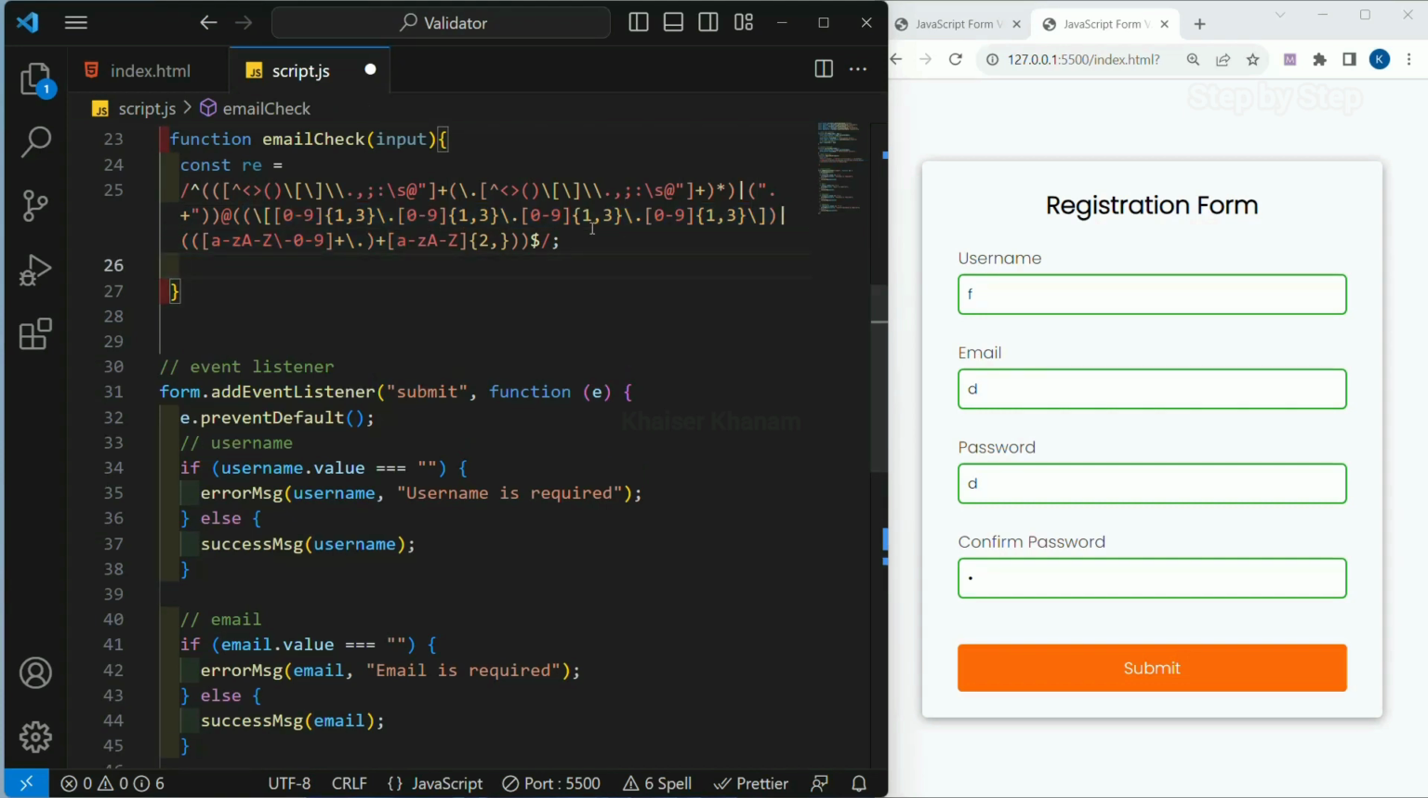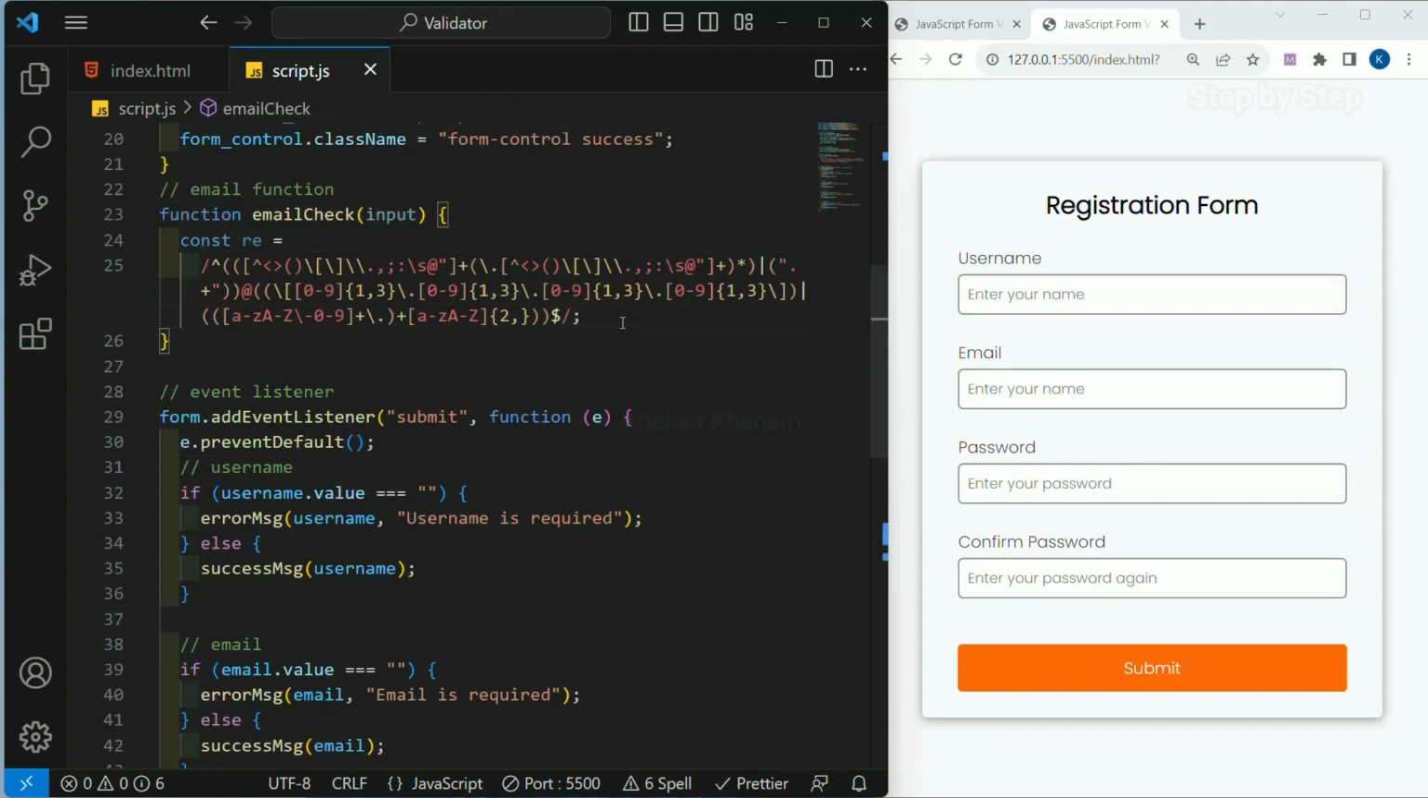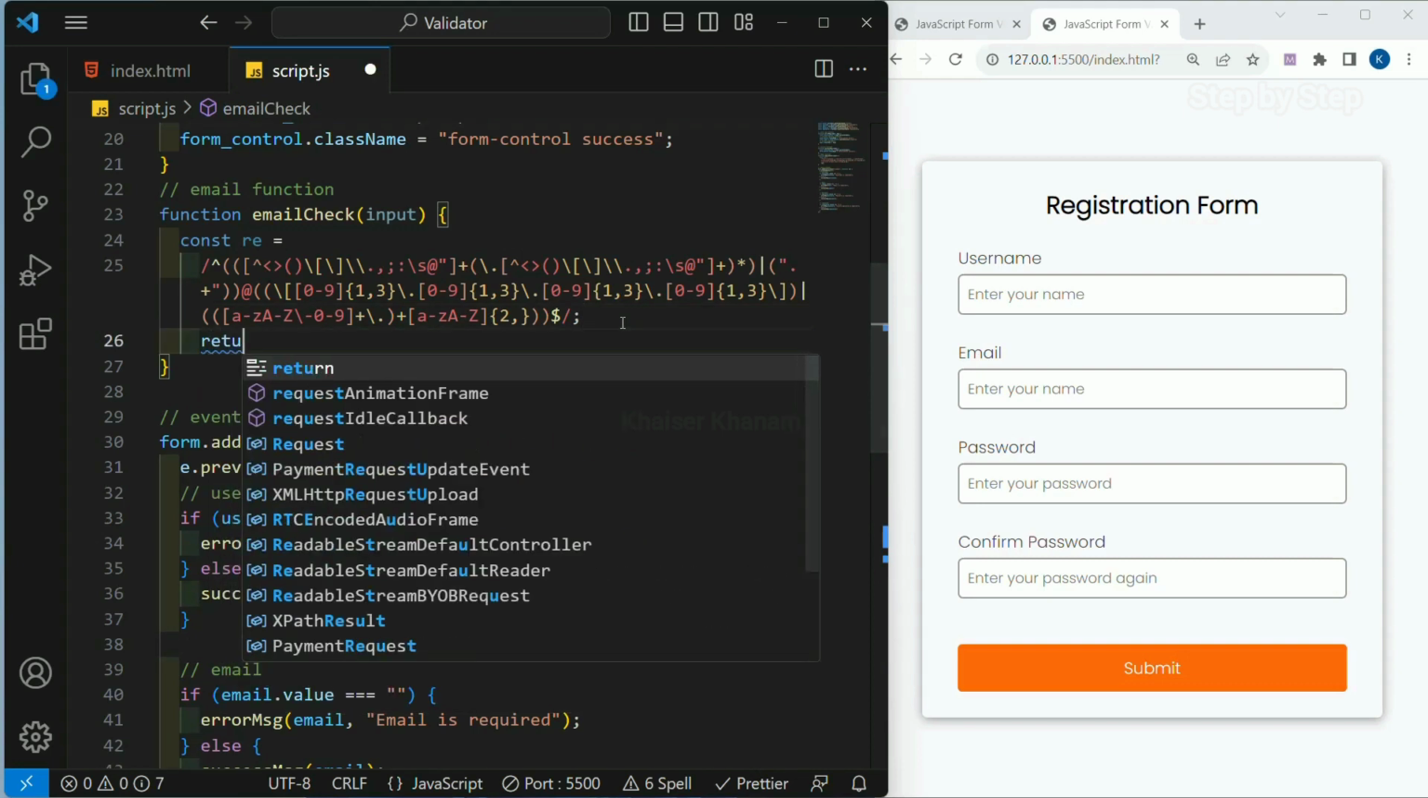So you do not have to memorize this. This particular three lines I will be giving in the comment section. You can copy the same thing, or else you can go to Google. There are multiple combinations you can copy and paste in your code. Now this function I'm just going to return,